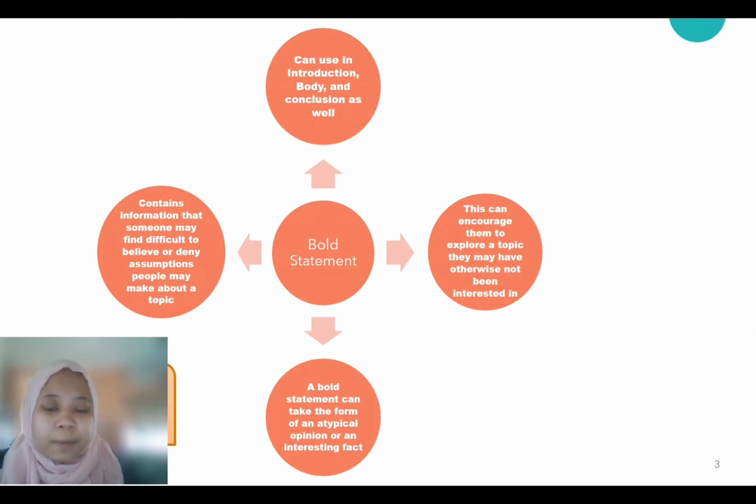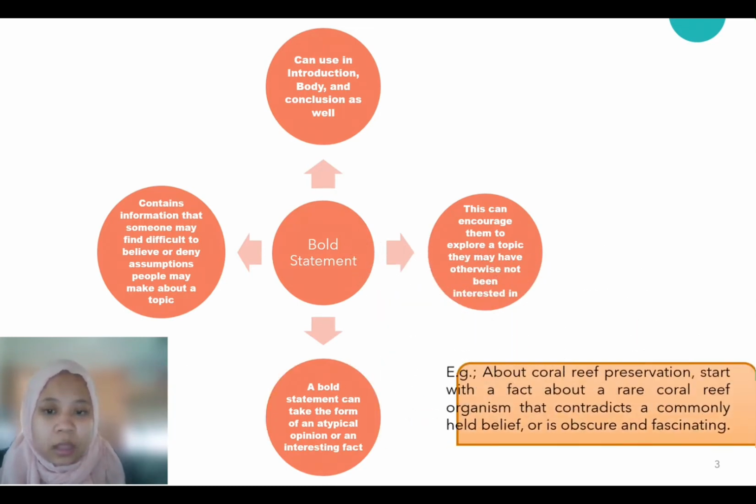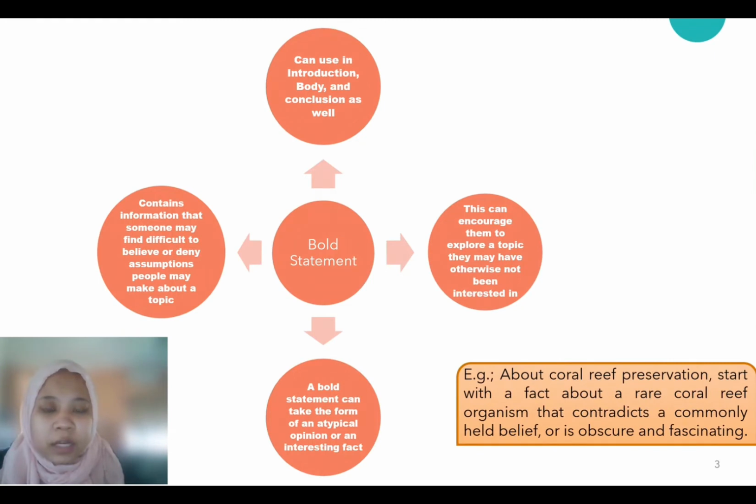For example, if you're giving a speech about coral reef preservation, start with a fact about a rare coral reef organism that contradicts a commonly held belief or is obscure and fascinating. It may interest your audience and help them become more invested in preserving the coral reefs.